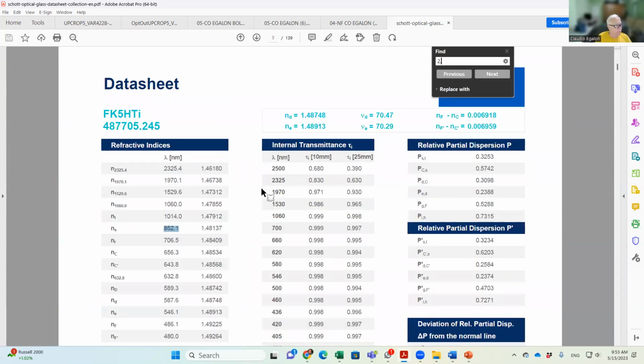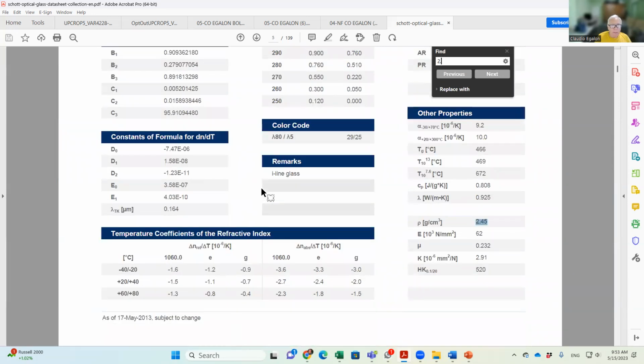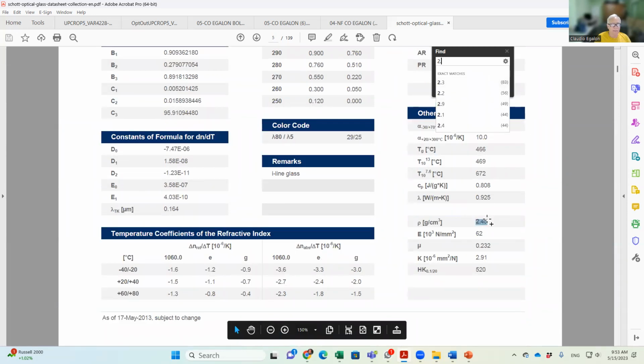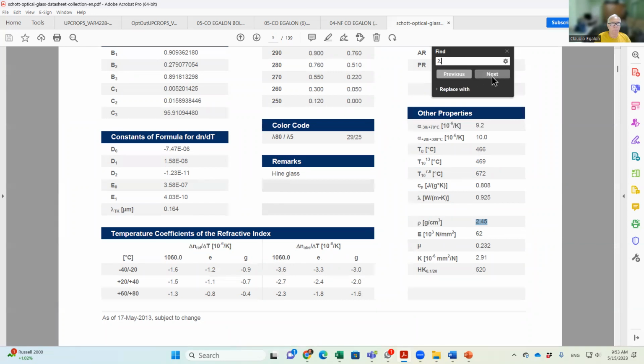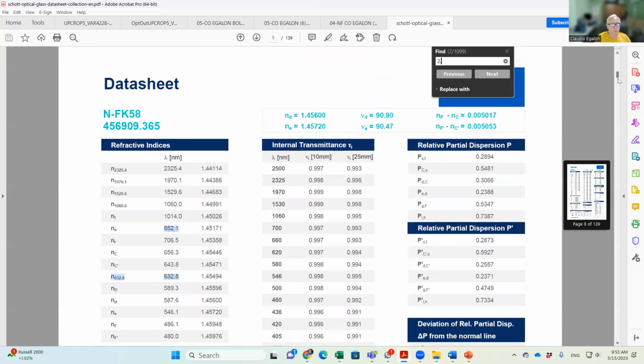Well, let's see if I can find a glass with, no, that's a wavelength. That's not refractive index, right? Oops, what did I assign here? Oh, here. Okay, let's see. 2.3 is a chemical property, has nothing to do with refractive index. That's the density, has nothing to do with refractive index, right? But take a look, and they have a table too that lists everything around 1.5. Oh, see, now the refractive index is increasing from 1.46 to 1.7. See that? Those are exotic materials,